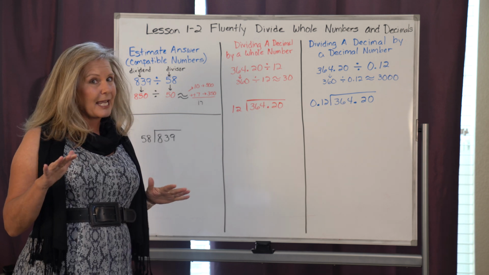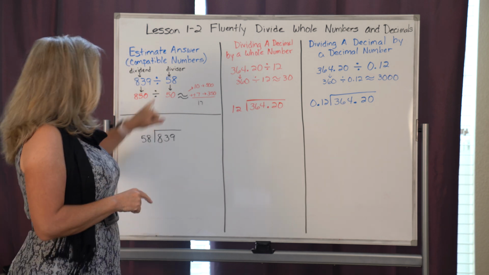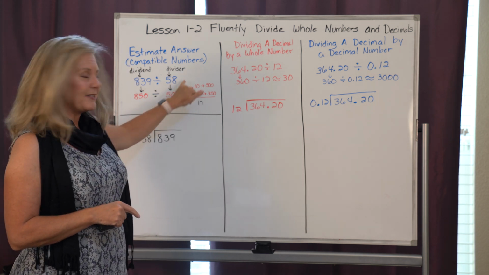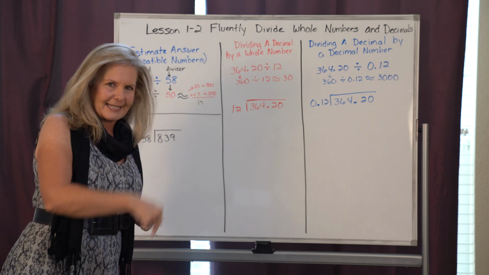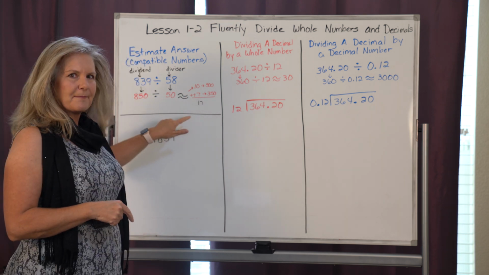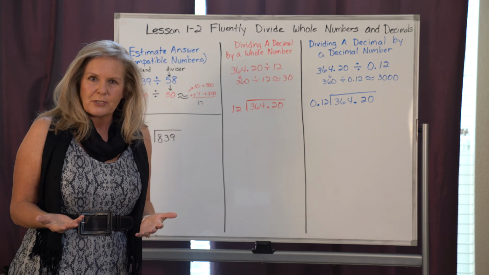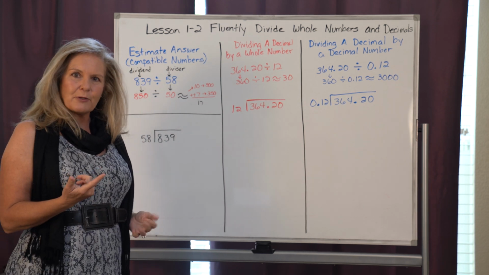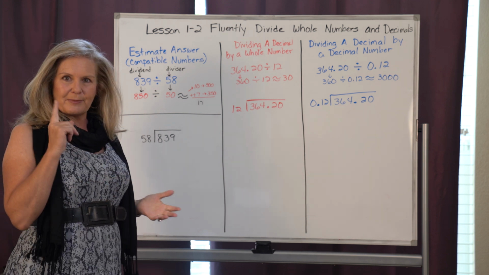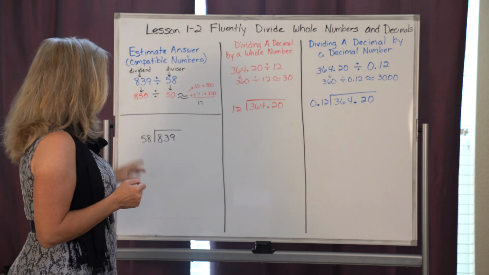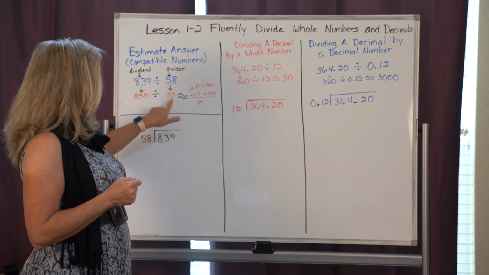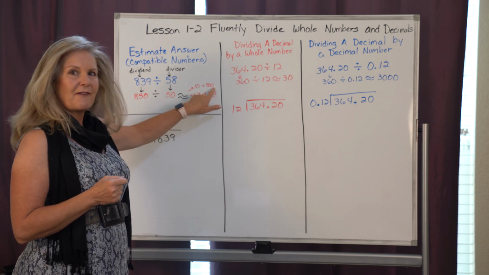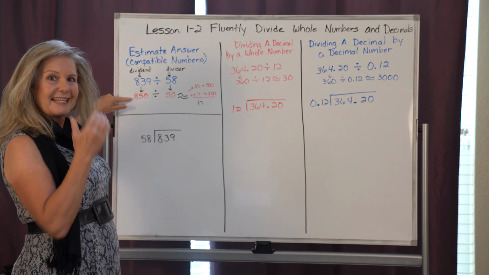Now it's not the same, but it's close. And then I'm going to take my divisor of 58 and I'm going to nudge that down to make it 50. Again, it's really close to the original number. Now, in my head, I'm able to actually do the division a little bit easier, and this is the way I think about it. I know there's 10 groups of 50, that equals 500, so I have at least 10